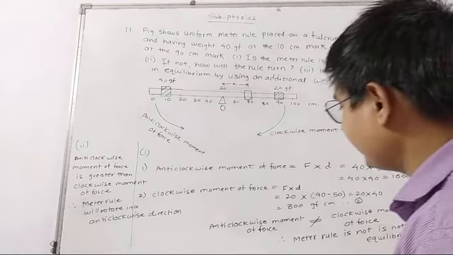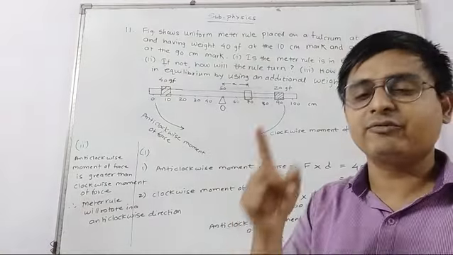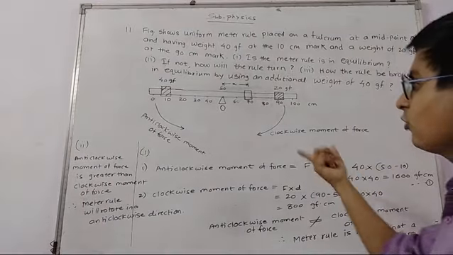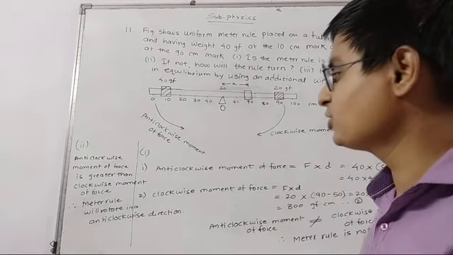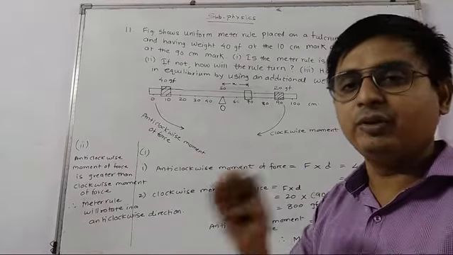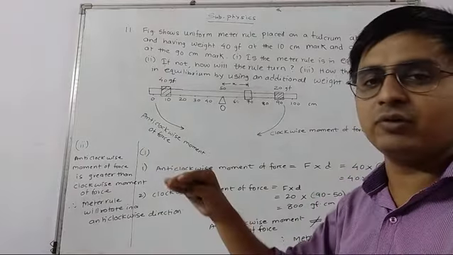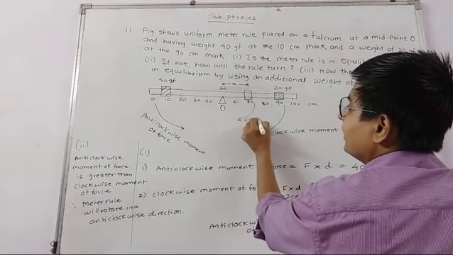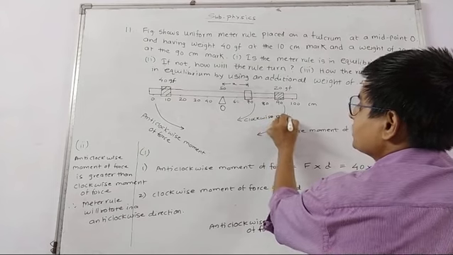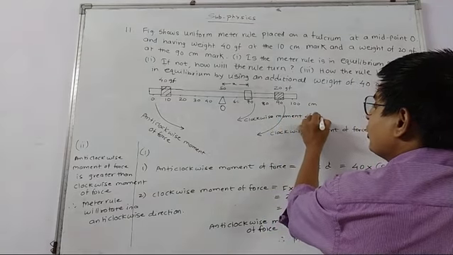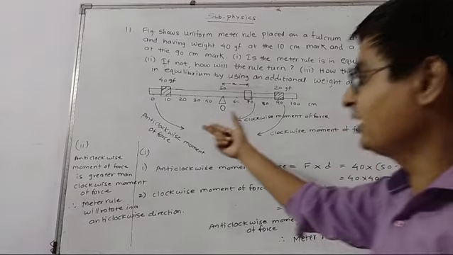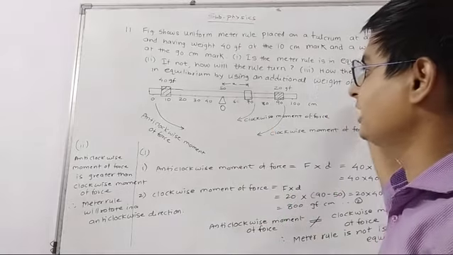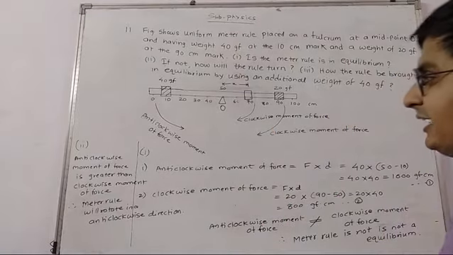Again, we have two kinds of methods, as we solved in the classwork. First you find the total clockwise moment, then the total anti-clockwise moment, and then you balance them. You add the anti-clockwise moments together and the clockwise moments together. Here two objects will be producing a clockwise moment of force. Because the anti-clockwise moment is greater, we need some weight added to the right-hand side of the meter rule, producing a clockwise moment.